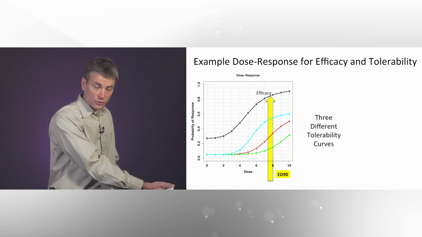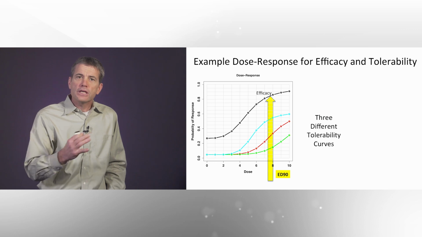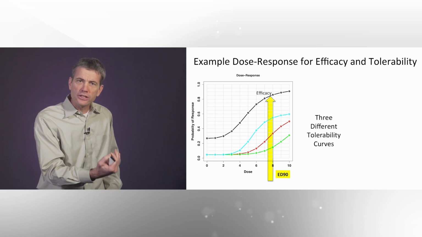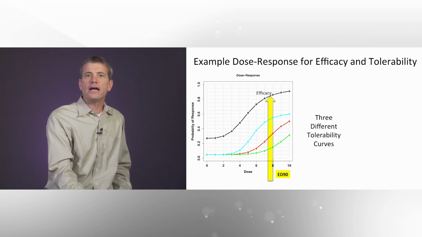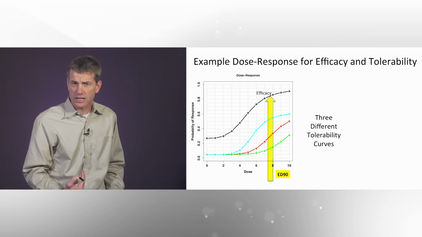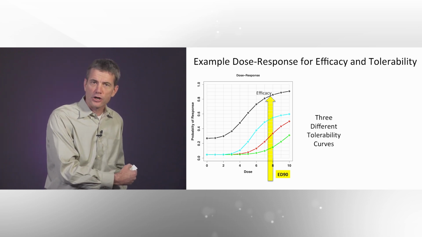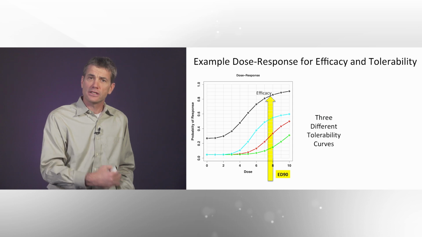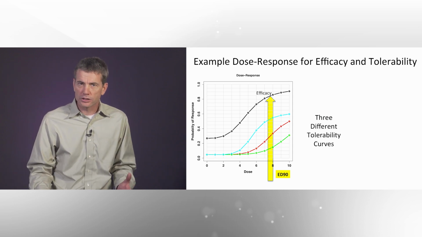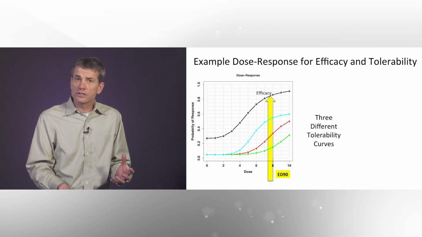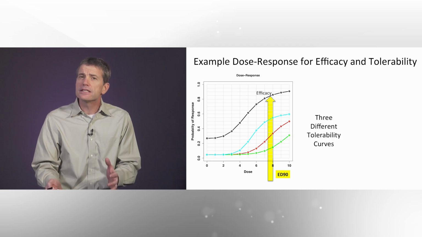You would love it to be the green curve because that has less chance of tolerability issues. In this example, in the green curve, you would push the dose higher because you can get more efficacy with less relative tolerability, whereas with the light blue curve, you would want to push the dose down farther. You still get efficacy, but you get less tolerability. The ED90 is the same dose regardless. So we could attach utility functions to the relative weight of efficacy and tolerability in this example.